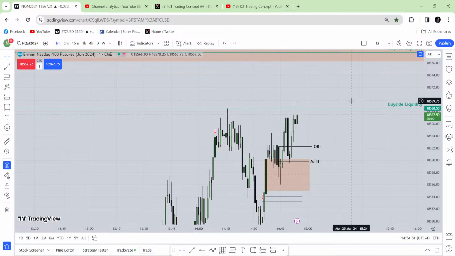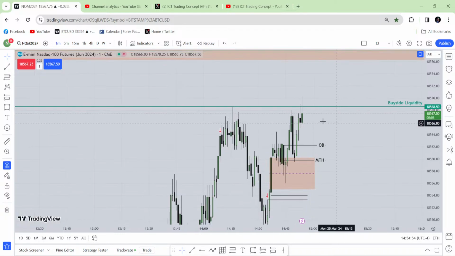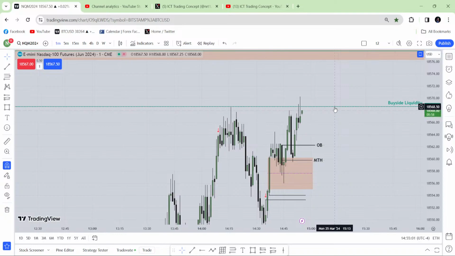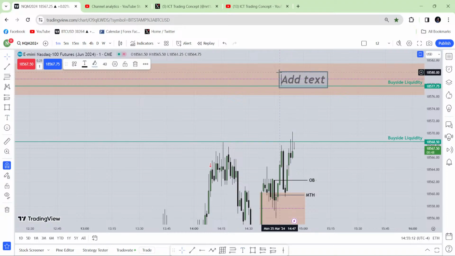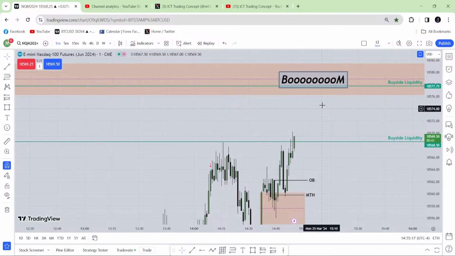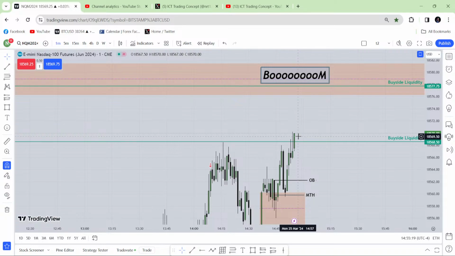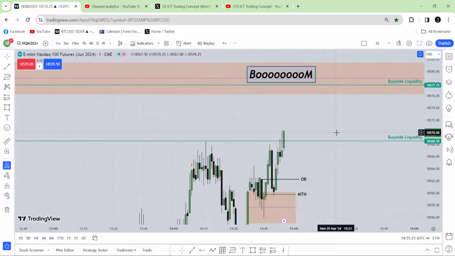Every candle is sideways. Now the obvious liquidity has been taken, but the body didn't close above that. If the body fails to close above that, it's not good. I want to see a body close above that obvious liquidity. If it happens, then I want to write down 18577.75, boom, over there in advance if the market can close above that level. I know I'm always wrong.